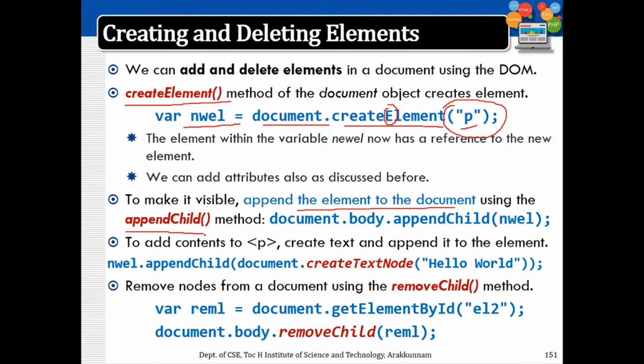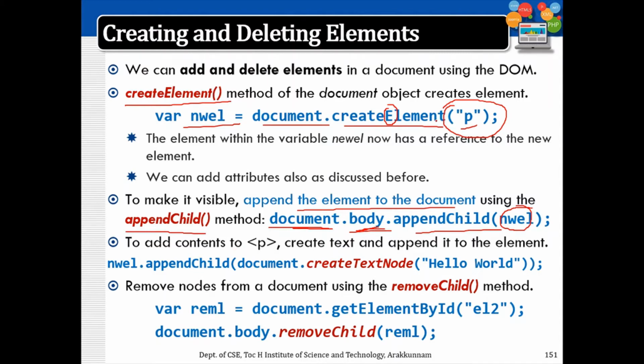For this, we have another method known as the appendChild method. So this element is appended to the body tag of the document: document.body.appendChild NWEL. This is given as a parameter to appendChild. Similarly, we can add titles also. If you have a title, then document.head.appendChild that element. As elements are generally added to the body, this P element is added to the body of the document. If you remember the tree structure, you can identify this document.body. Body is within the document tag.